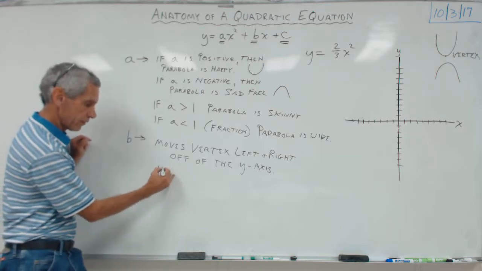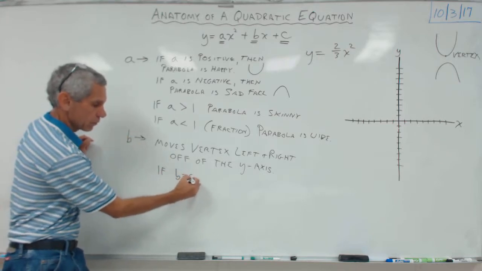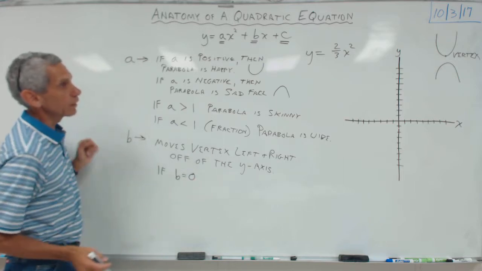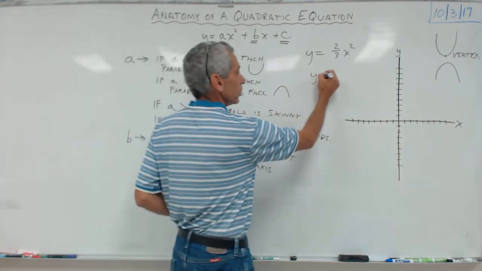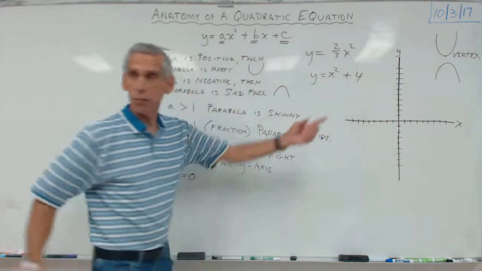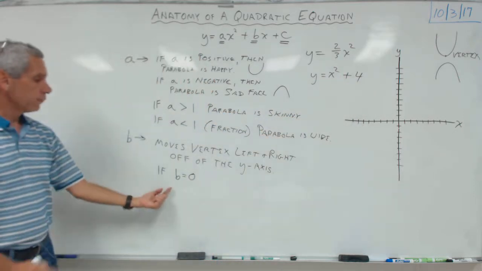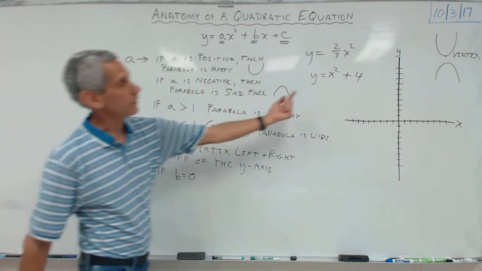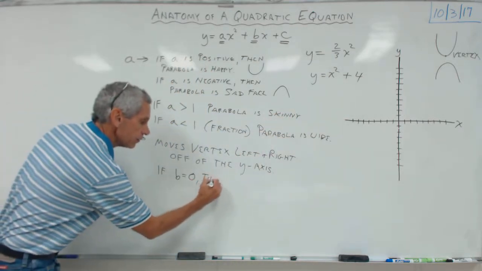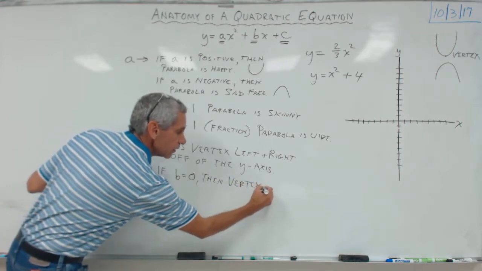So I'm going to add one more thing to this. If B is 0, meaning it looks like it's not there, like if I wrote y is equal to x squared plus 4, there's no bx. You guys see that in that equation? That's an example of where b is 0. If b is 0, then the vertex is on